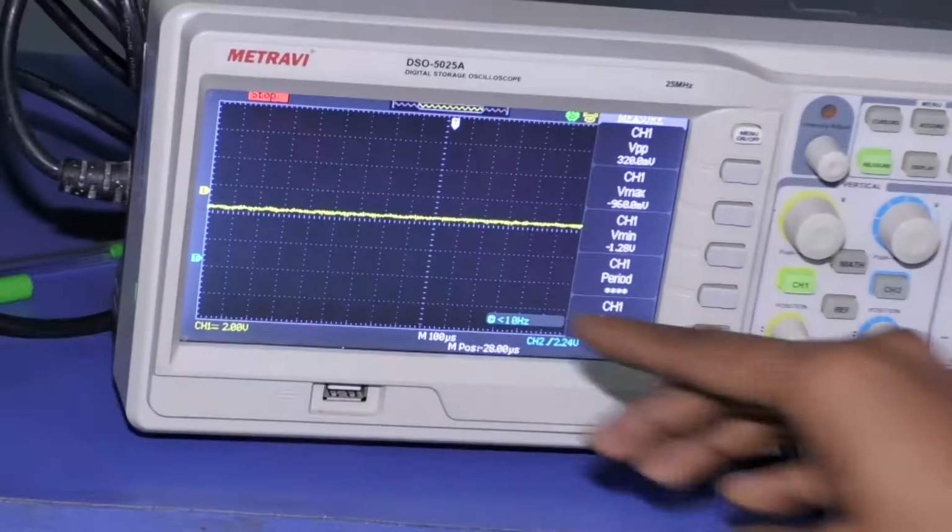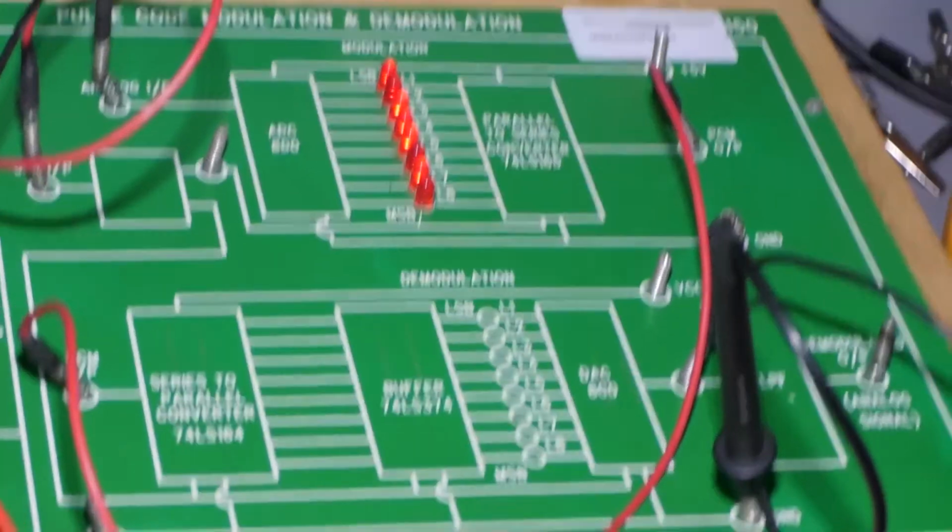So this is about pulse code modulation, demodulation and modulation process. By using pulse code modulation, we convert the continuous analog signal into discrete form in terms of code words, binary data. By using analog to digital converters, we can convert the continuous time signal into a discrete time signal in the form of ones and zeros.